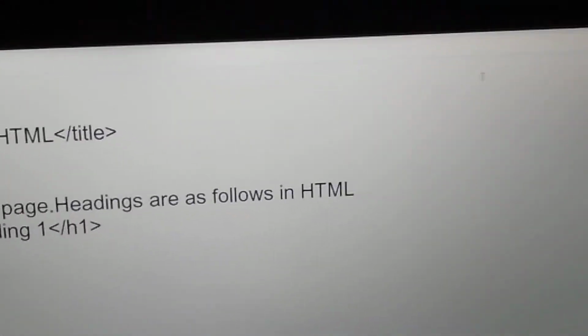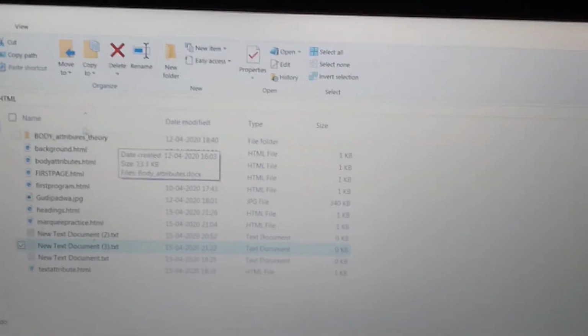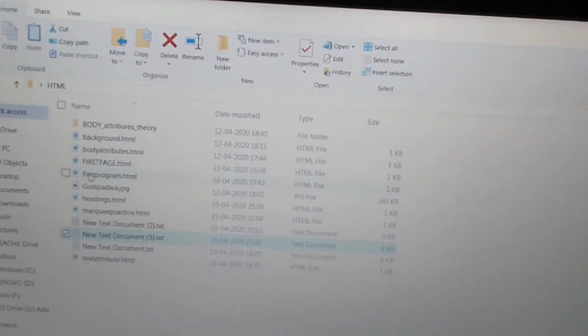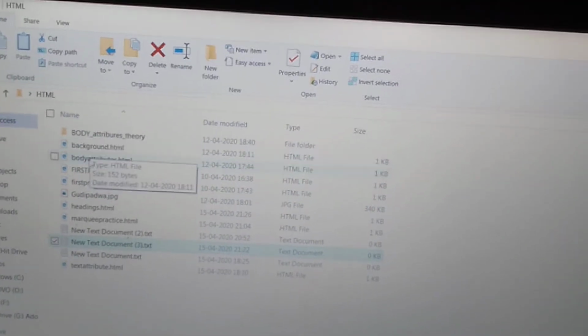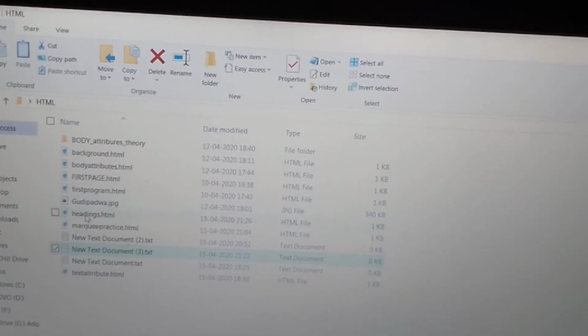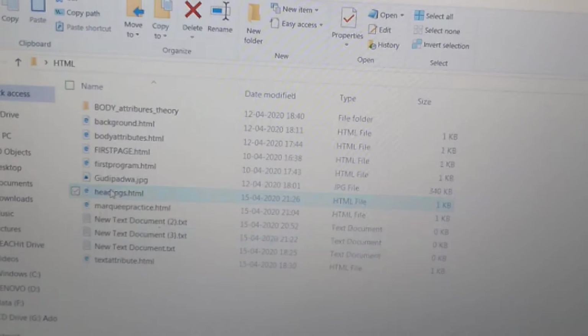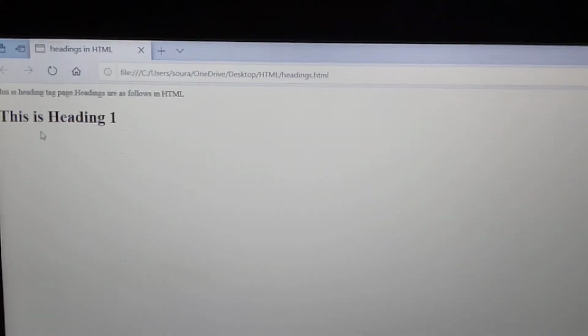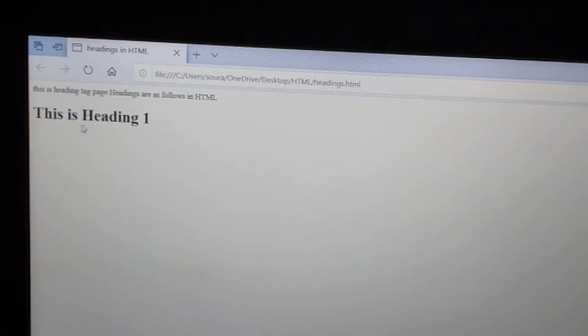I just minimize it. Go to the folder, I am in the HTML folder which is on the desktop. So here I am using headings.html. Look carefully, headings.html. I double click on that. See, whatever I wrote in the heading tag, this is heading 1.